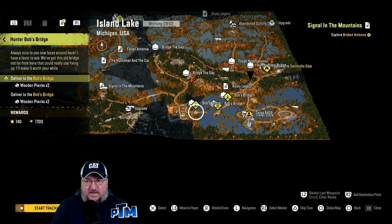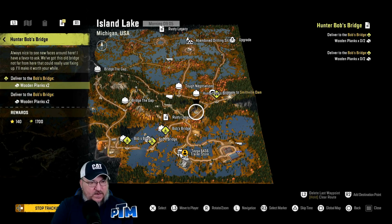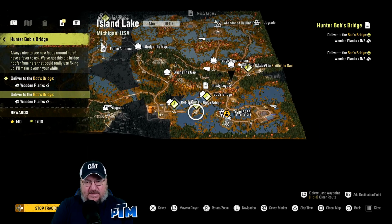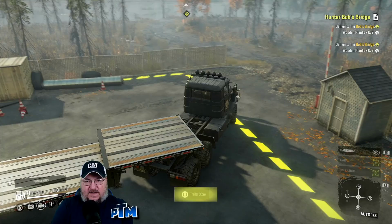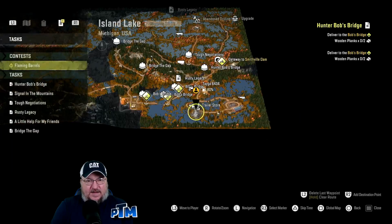We definitely need that. Let's start tracking. So we need to deliver 2 sets of wooden planks to that bridge and then that bridge. This is the little cut just right across the way from us. And luckily, getting to the lumber...